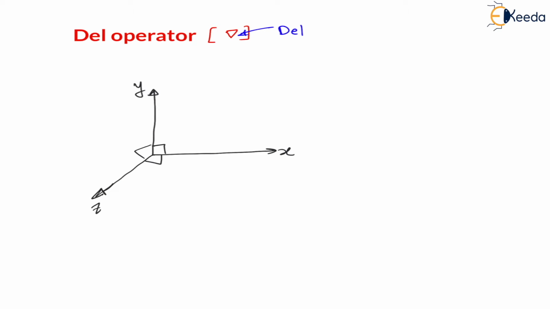Now my dear students, the unit vector along the x-axis is called i cap. i cap is the unit vector along the x-axis. Similarly, j cap is the unit vector along the y-axis, and k cap is the unit vector along the z-axis. Now all these things you have already learned in your 11th standard physics as well as 11th standard mathematics, right? i cap, j cap, and k cap are the unit vectors along x, y, and z direction, right? So here I will write i cap, j cap, and k cap are unit vectors along x, y, and